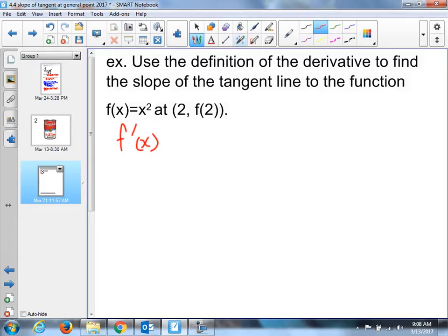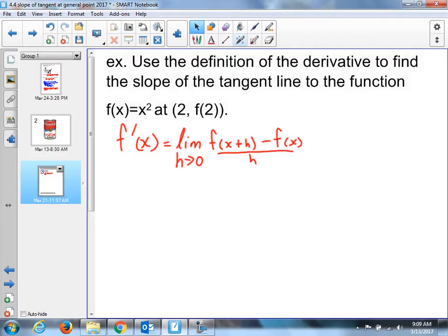So, the limit of, you've got to kind of memorize that, but I hope you realize the rest of it is the slope formula simplified a little bit. F of x plus h. I'll write it out totally this time. All over h. Now the h, we know it's going to slide into 0. We have to put this into this x squared formula. So, using the general formula,